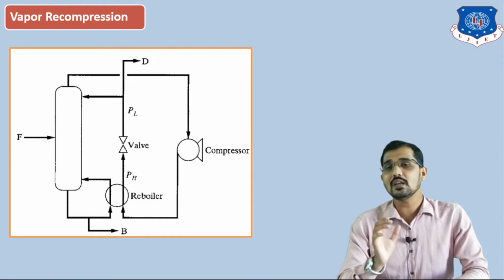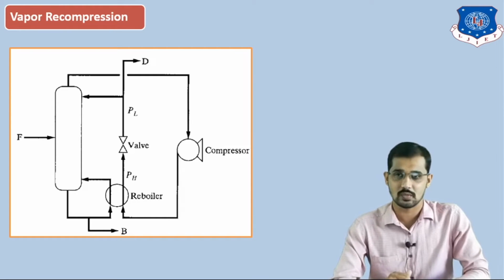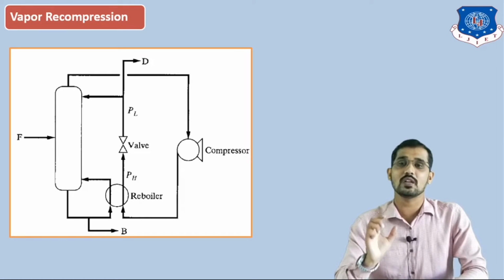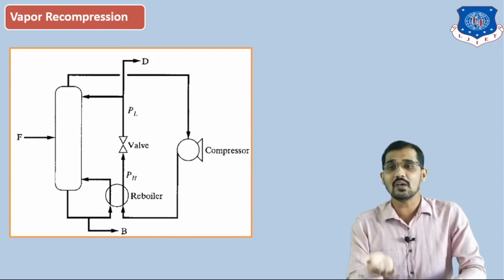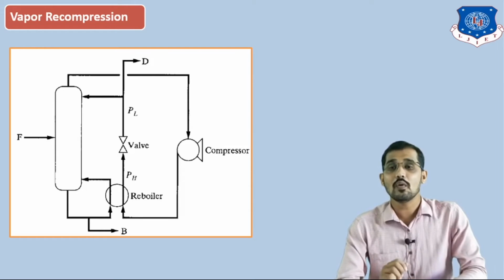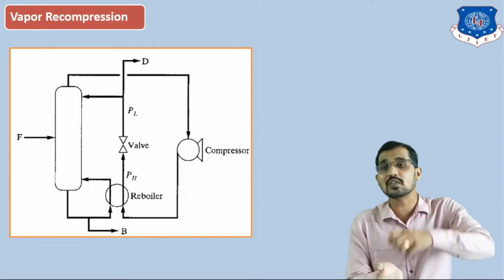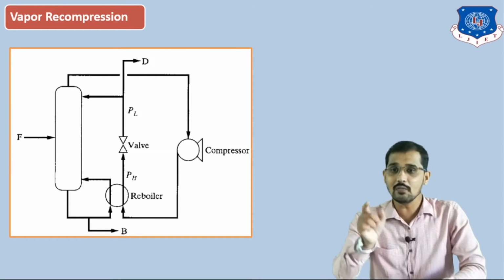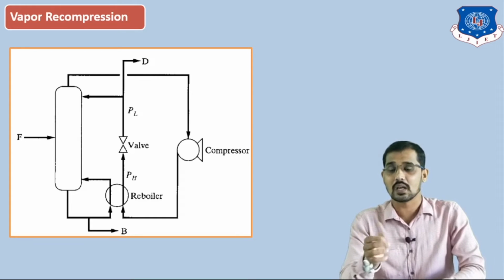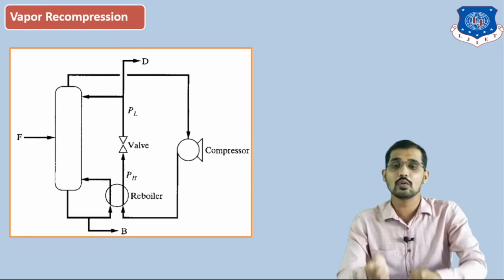We know that in a distillation column we are separating liquid mixtures by using thermal energy, which means the driving force for distillation is the difference in volatilities. Here we are heating our liquid mixture in a reboiler. Whatever vapors are generated, we collect from the top section, that is nothing but the rectifying section of the distillation column. In vapor recompression, you can see here, we collect those vapors from the top section of the distillation column and transfer them to the compressor.